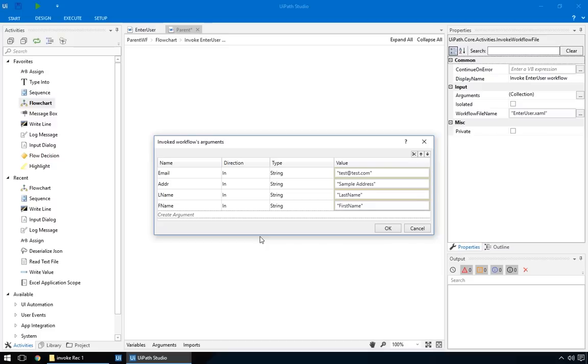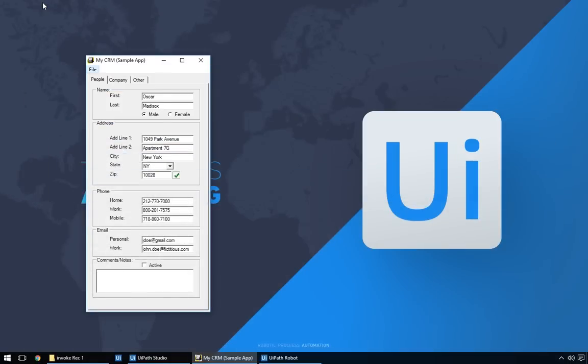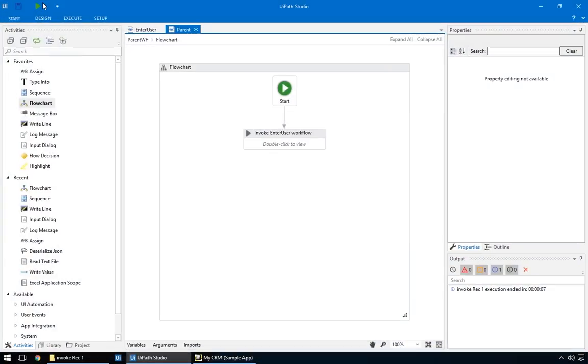You get the idea. In the direction column, you can choose to pass data into the child workflow, like we're doing here, or get data out of it if the called workflow generates some data that you need accessible from the parent, or both, in which case the data is passed both ways. For this instance, we need to pass data into the process, so we'll leave them all set to in. And let's test it. Great, it entered the dummy data that we passed as arguments,